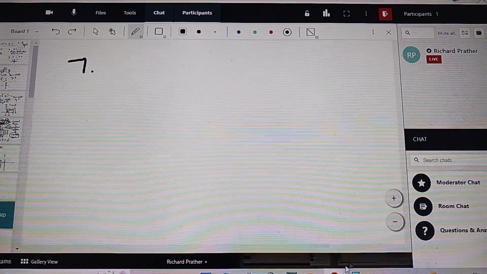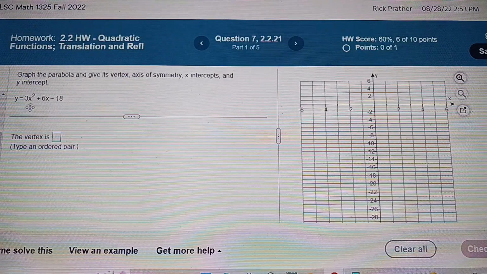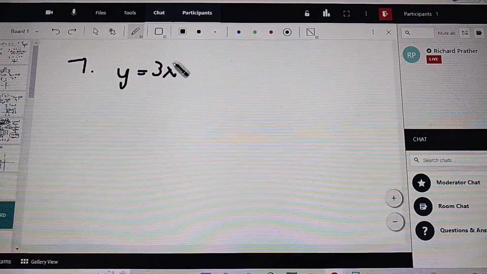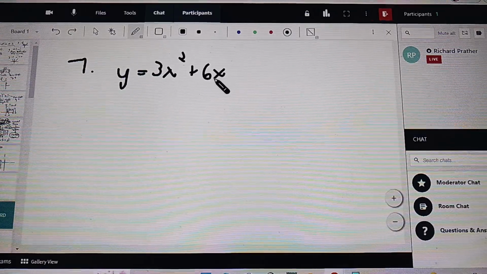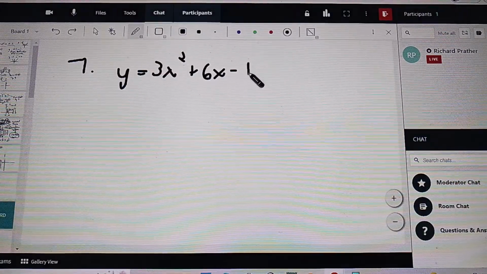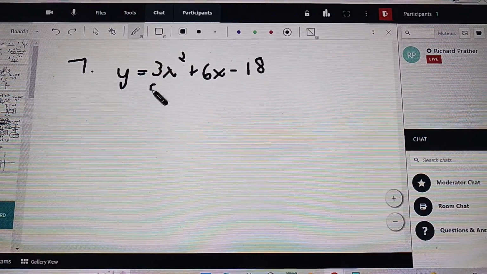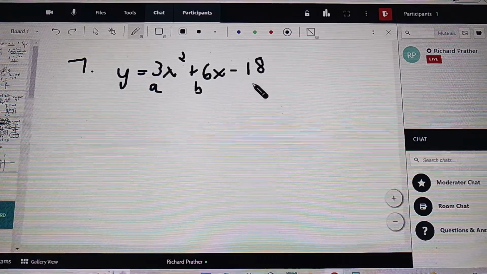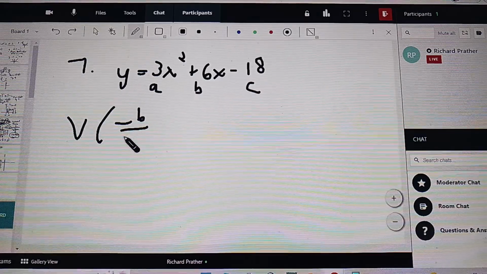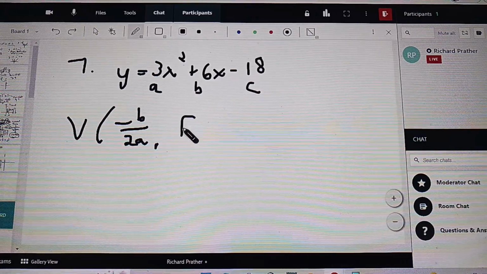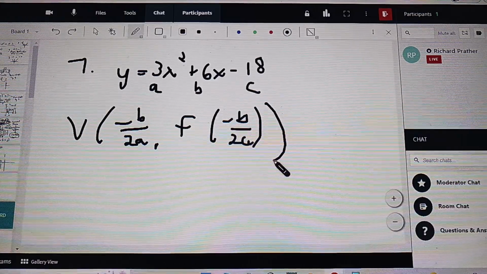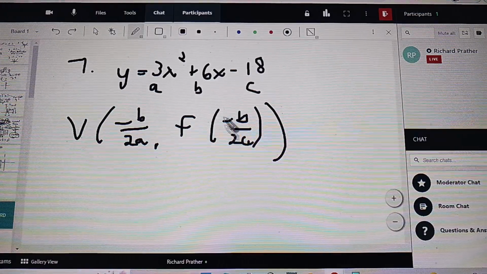Number 7, y equals 3x squared plus 6x minus 18. So a is 3, b is 6. It turns out you don't even need c to find the vertex. It's the opposite of b over 2a and f of that answer. So get that answer first and then just plug it back into the original function. So opposite of b